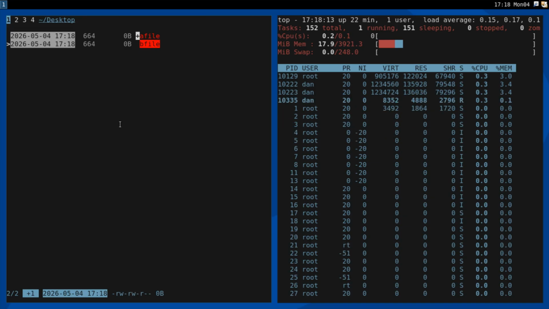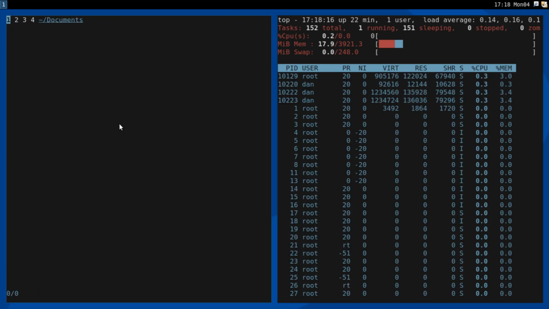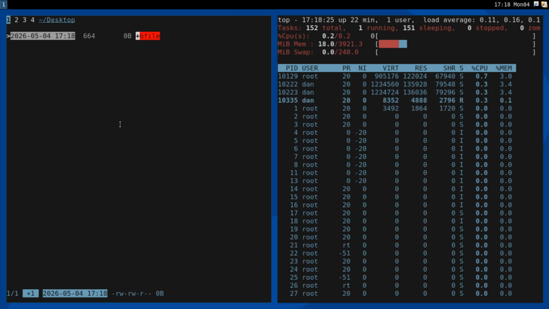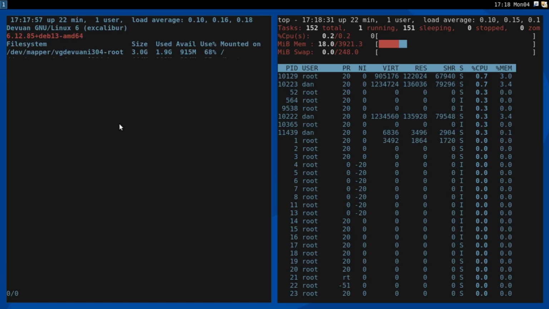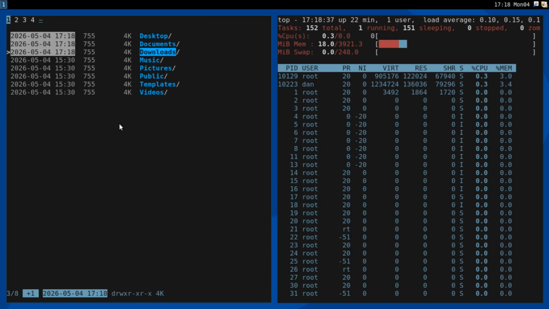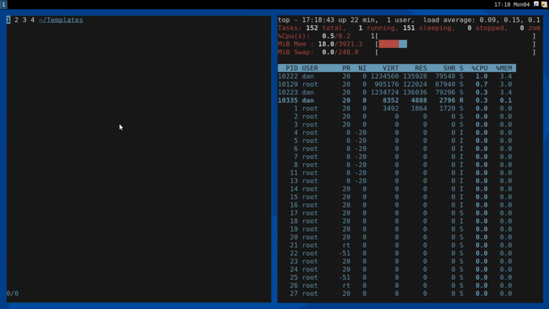You can mark a file, and then you go in another directory, and with V you move the file into this directory, and then you can mark the other file, and then you go and move it here. For example, with X you can delete it, and then with space you can mark it also, and then you can, for example, do it into templates, and with copy or Y